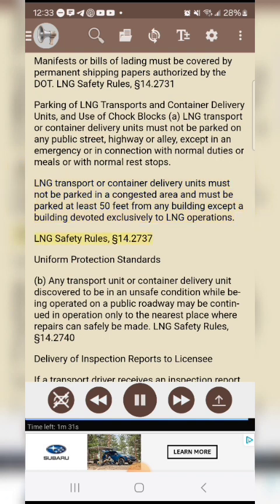LNG Safety Rules, Section 14.2737. Uniform protection standards. B. Any transport unit or container delivery unit discovered to be in an unsafe condition while being operated on a public roadway may be continued in operation only to the nearest place where repairs can safely be made. LNG Safety Rules, Section